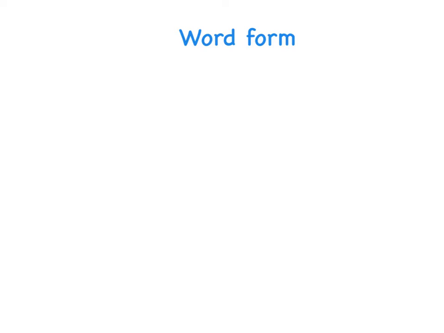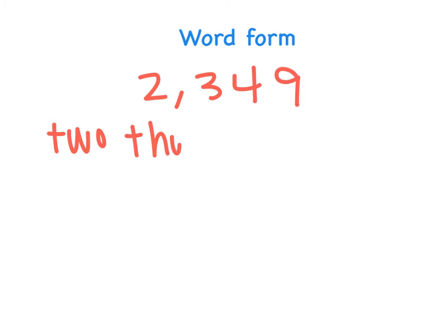The last form that we're going to talk about is word form. When we have a number and we're writing it in word form, we're writing down all the words that we would say when we say the number out loud. So this number here is 2,349. So my word form is 2,000, and I have a comma there, so I'm going to put a comma as well,